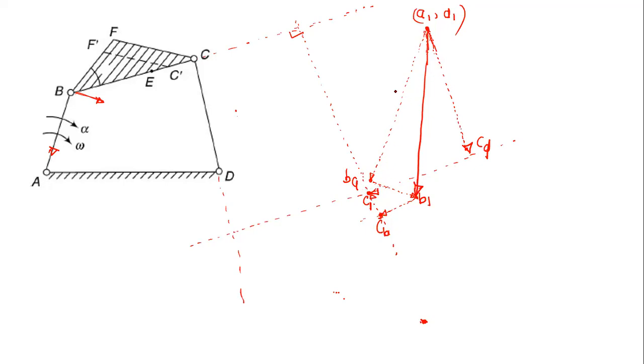And then finally, you are interested to find out the acceleration of C relative to A. So you just join this point A1 with this point C1. That's it. Now the acceleration of C relative to A, the FCA vector, is simply equal to the A1 C1 vector. So you just measure this length, convert it to an appropriate scale, and then finally calculate the acceleration of this point C relative to A. So this is how you build the acceleration diagram. This is very easy.